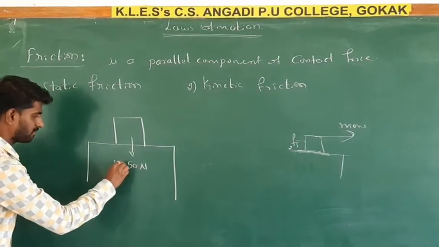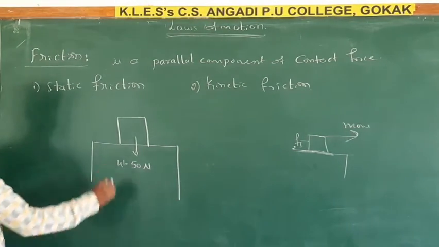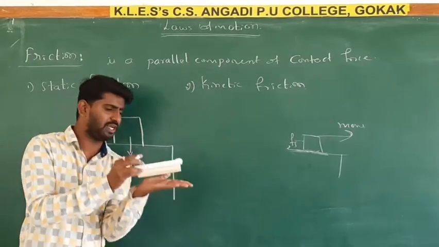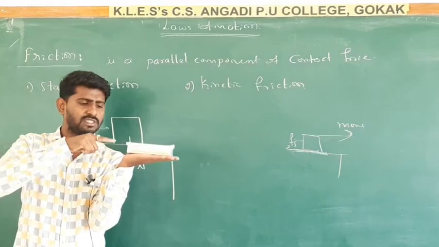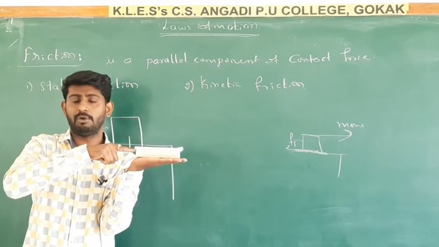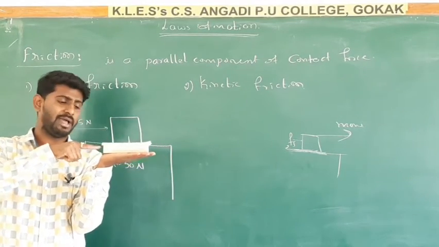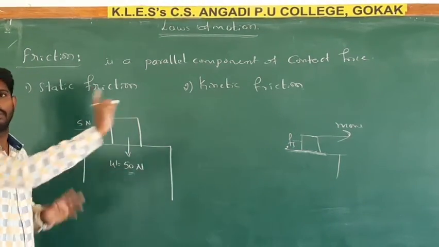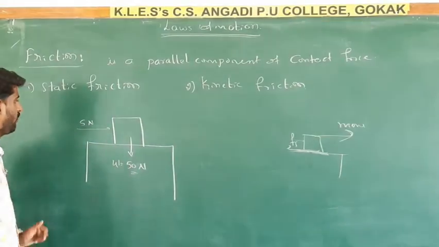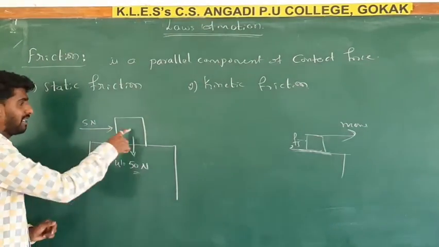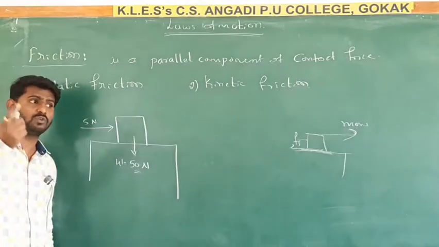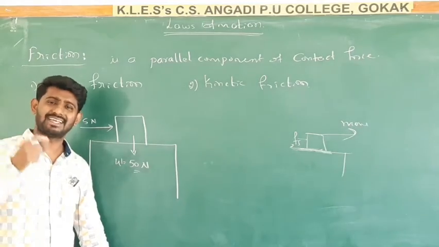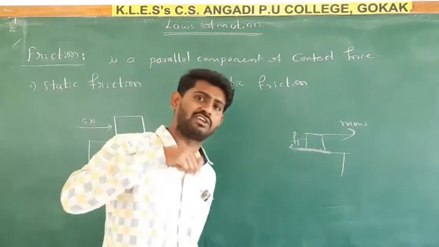Okay, so if I apply 5 Newton force, like this, so there is no motion, but you are applying some force, right? So if I apply 10 Newton, 15 Newton, 20 Newton, up to 50 Newton, the body is not at all moving. So when you apply this force and the body is still at rest, as per Newton's first law,